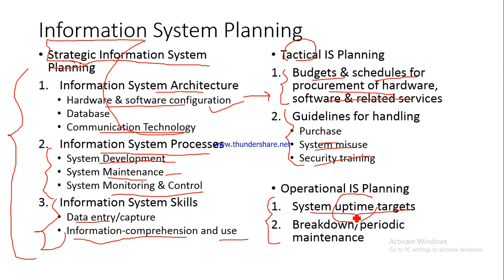So rather than going for breakdown maintenance, they would want to go for periodic maintenance, right? So depending on how critical the information system is for your business processes, you decide the maintenance frequency as well and the maintenance approach as well. Now this is going to be the short term or the operational planning, right? Understood? So this is what you will probably have to write when somebody asks you to comment on information system planning for the short and the long range. So this is how you actually plan your information systems, right?